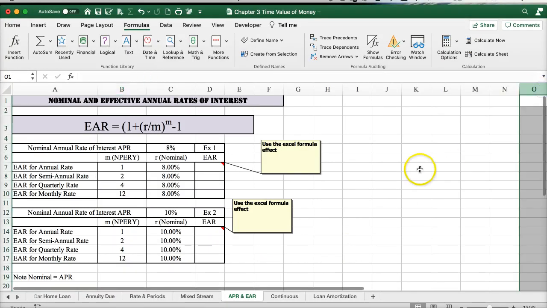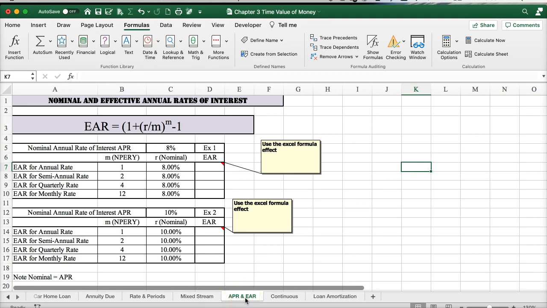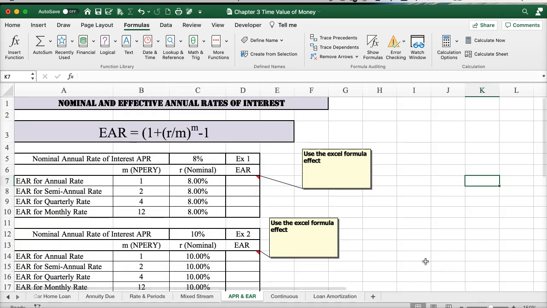okay, so this page is the EPR and the EAR. So what we're talking about here becomes more important when we do our credit card chapter, but this is what we call the nominal annual rate of interest, or the APR. This is just the stated flat annual rate of interest. But since nobody really compounds annually, the effective EAR is the effective annual rate,